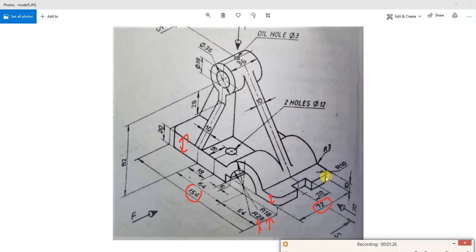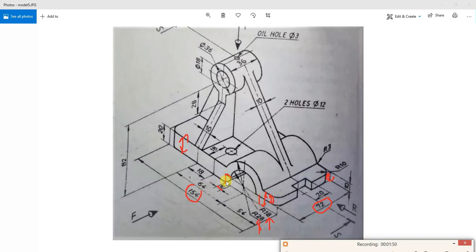This is 10. This dimension is 6 here. Next, this height is 10 because the total is 20 here. So here this is 10 and this will be 10.